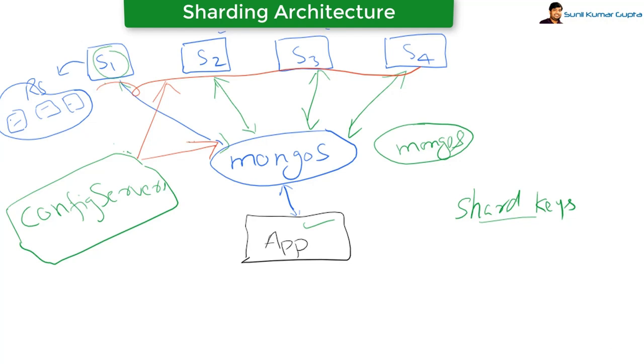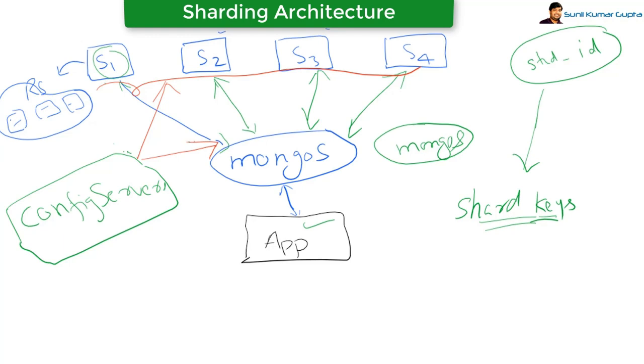It will consist of a field. Suppose we have a field called student ID. We can make this student ID a shard key, but the condition is it should be there in all the collections, then only it can become a shard key. With this shard key, MongoS, the router, can go and get the details for the collection. We'll see how this shard key is defined in the next lecture, but for now it is good to know